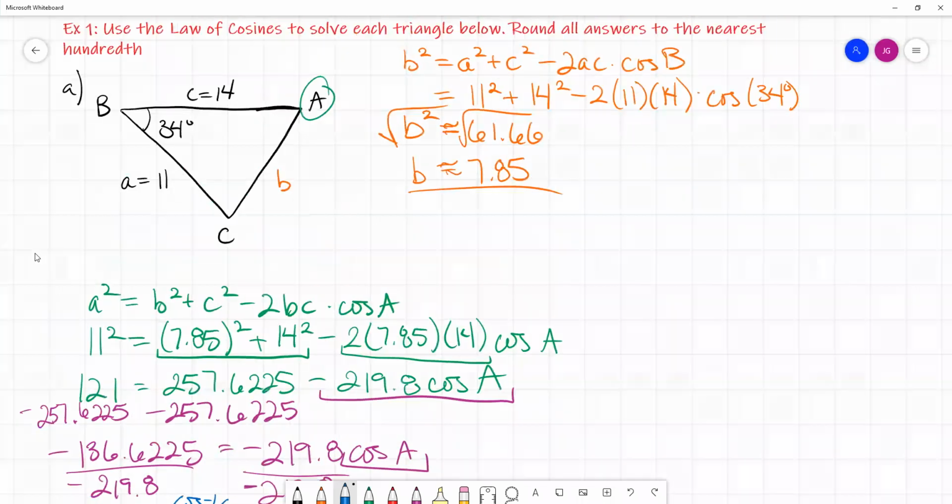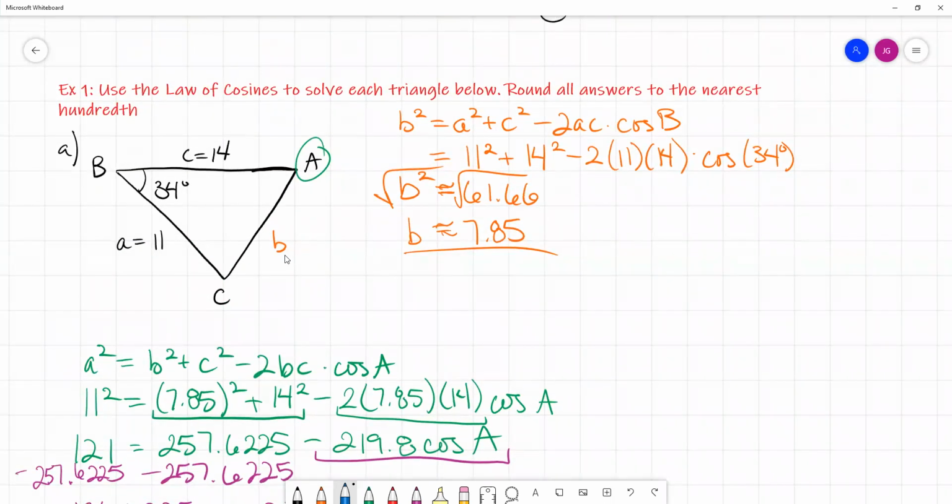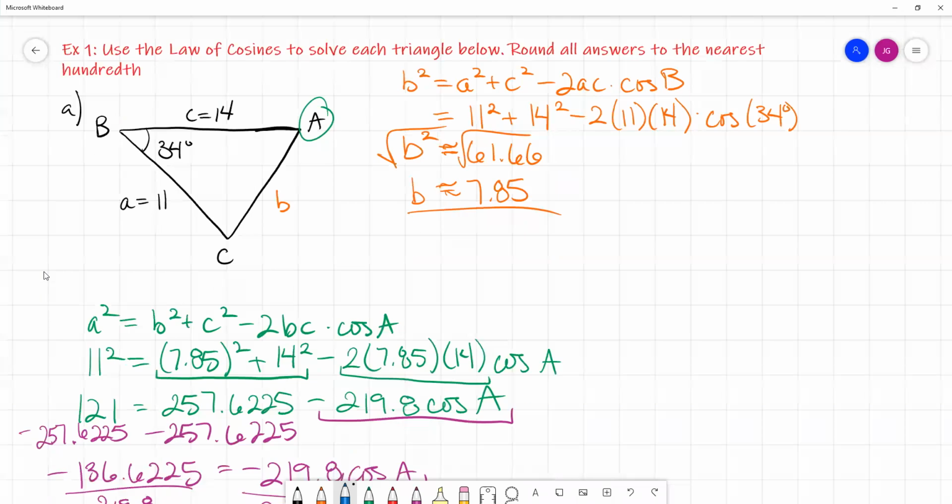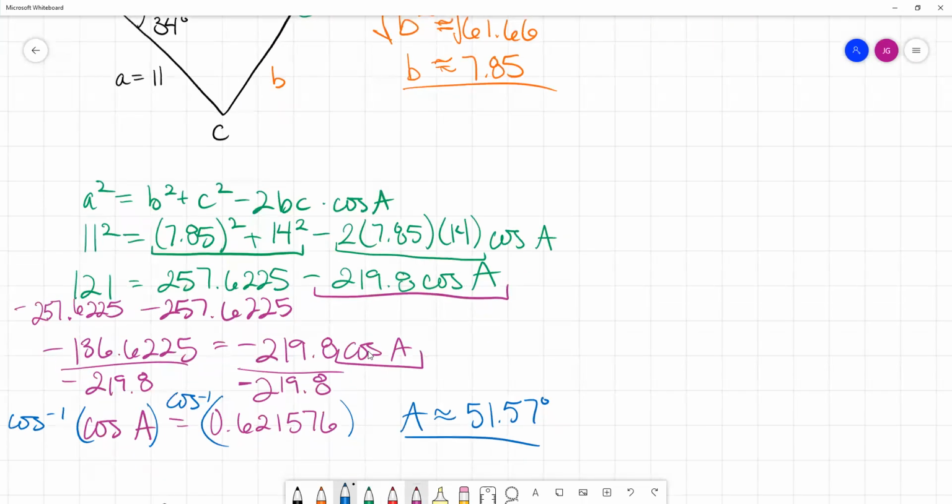Now if we look back at our progress, we have angle A, side B, and we're just missing angle C. Here we don't have to do anything fancy. We know 2 of our angles, so we can subtract from 180 to find that C. So C is going to be 180 degrees minus this 51.57 degrees minus the 34 degrees. What do we get? 180 minus 51.57 minus 34, we get 94.43